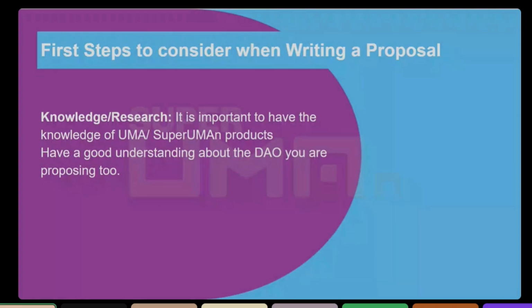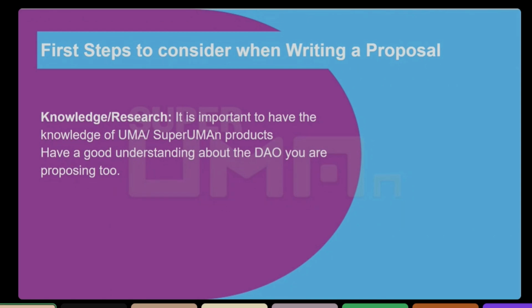The idea around this is that when trying to write a proposal, you need to first of all understand what your own DAO is about. You need to understand what the Superhuman DAO is actually about, because there's a saying that a blind man cannot guide a blind man. So this means that when you are trying to write a proposal to convince other DAOs, for example, you need to have an understanding of your own DAO, your own project.